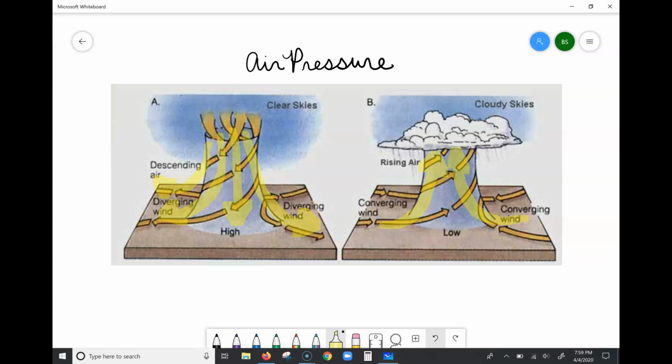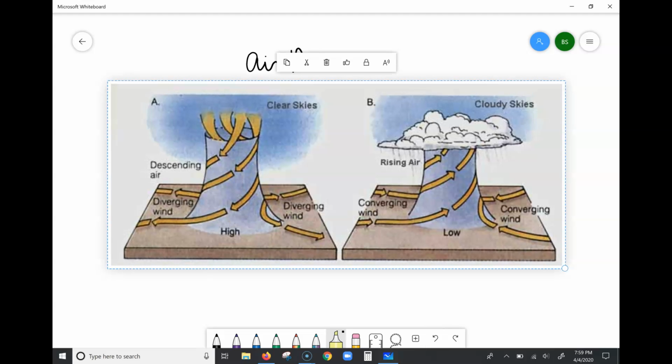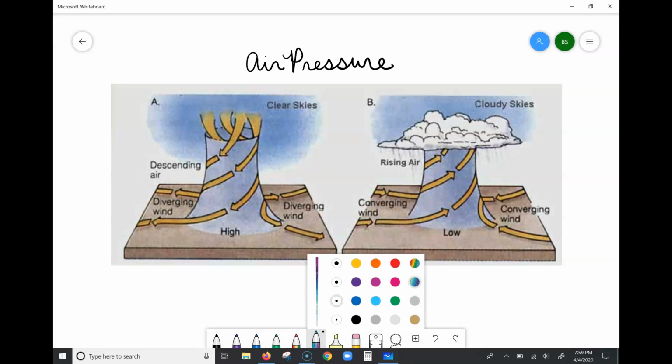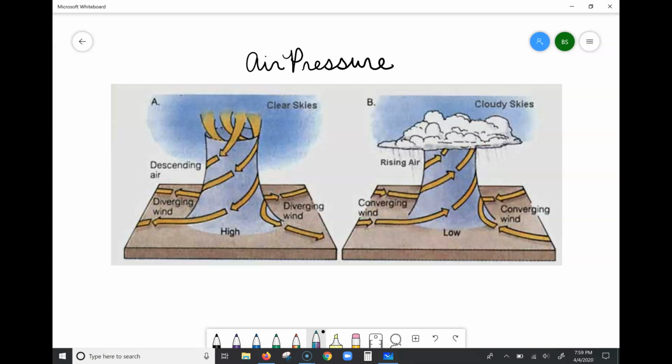Now, these two pressure systems have very different results or effects on our weather. With high pressure, because that air is coming down, it's carrying all of the moisture that's in it down out of the atmosphere and pushing it down to the Earth's surface. So this is where we get clear skies, we have sunny skies,